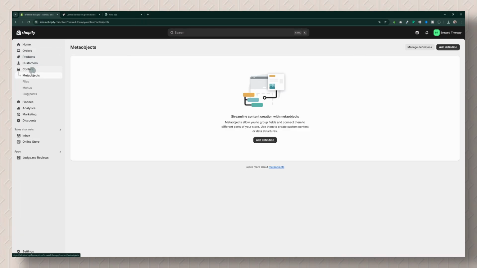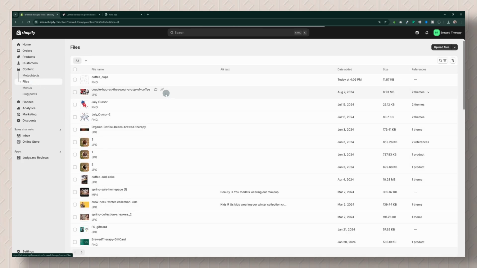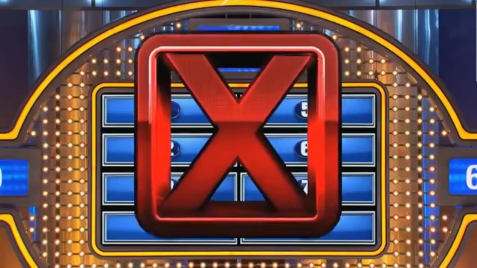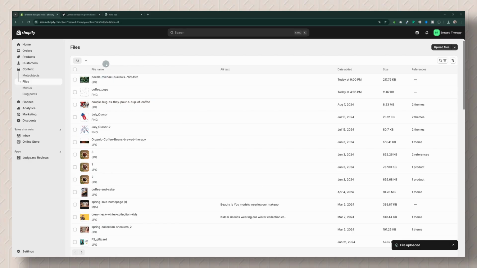We're going to go into content and files. We're going to go ahead and drop in that image right in there. Don't upload it into Shopify as I just did like this. Make sure that you rename it using some keywords that are appropriate for this image and the section where you're